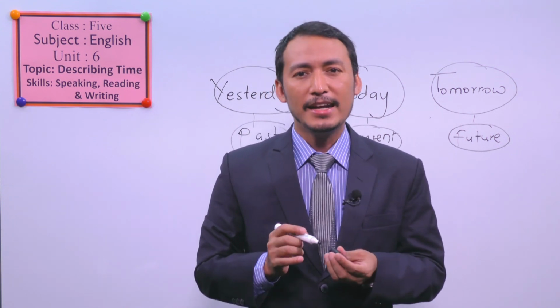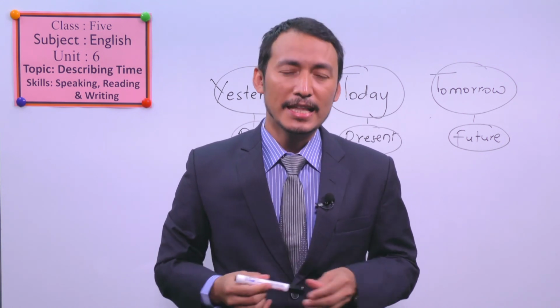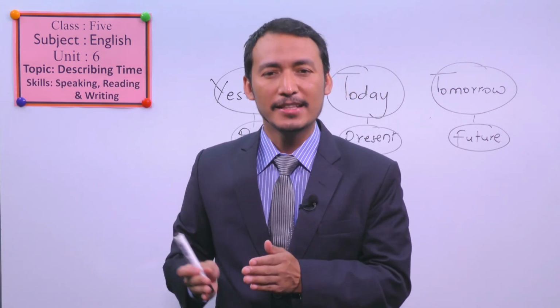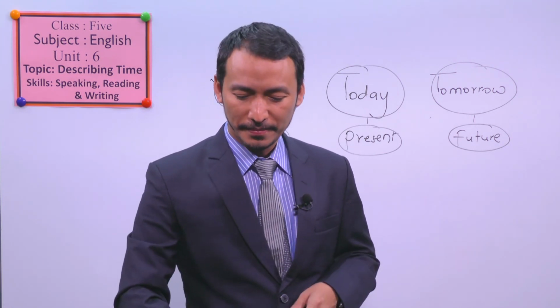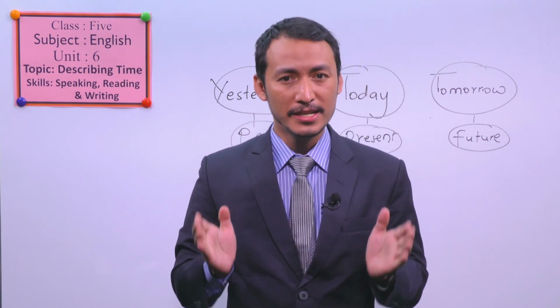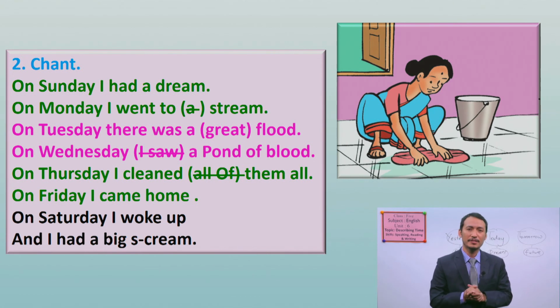All right, students, I'd like to start today's lesson with a chant from your book. There we have verbs of past tense, or the things that are already done or that were done yesterday. Let me show you the chant. We are going to sing this chant. Okay, students, are you ready to sing? Okay, then let me first show you how to sing this chant. I have arranged some of the words. Some of the words are not pronounced, so you can sing it in a better way.